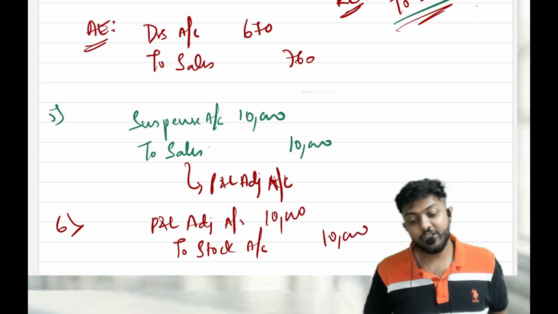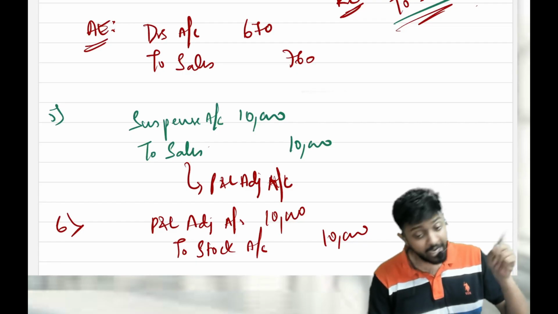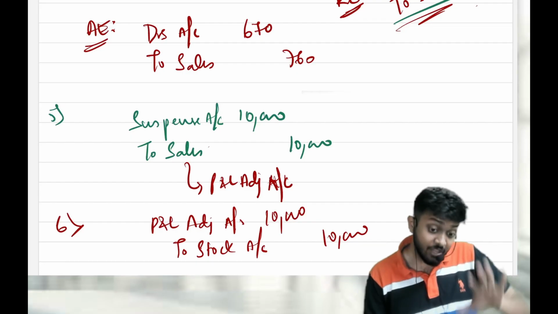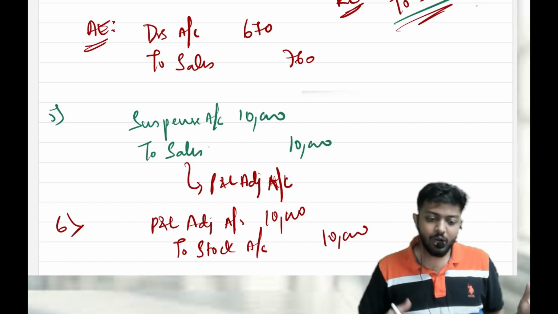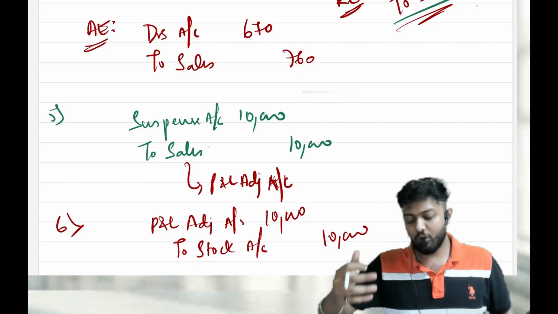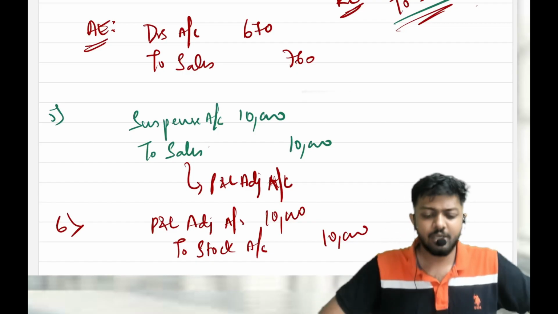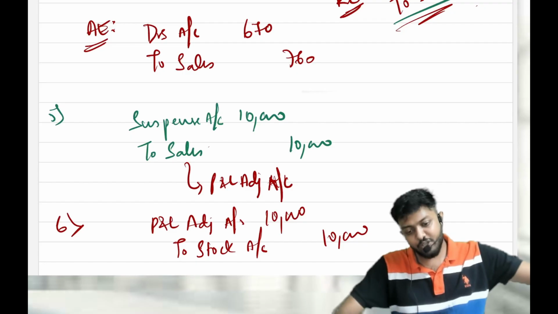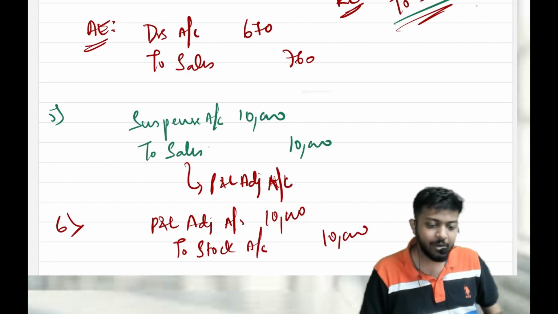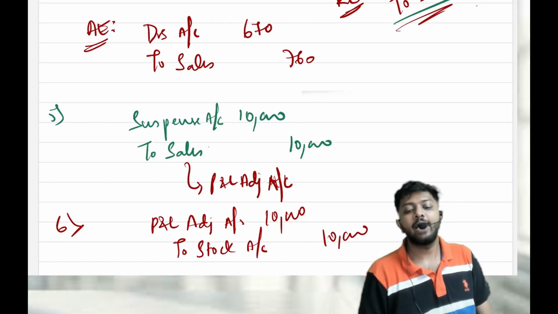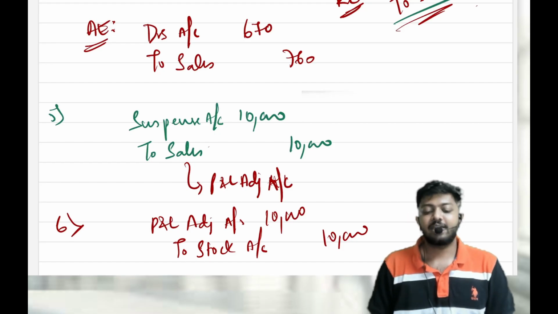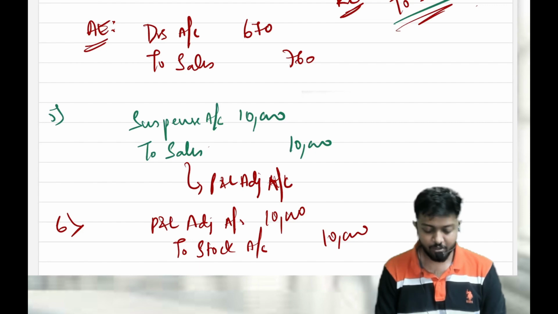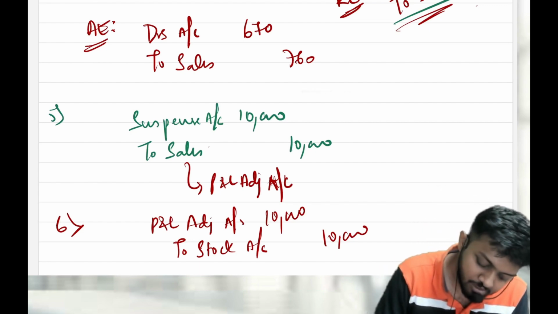Generally, the closing stock and profit are directly proportional. The more the closing stock, the more the profit. The less the closing stock, the less the profit. Now, since the stock was overcasted, your P&L also will be more. So reduce P&L and reduce stock. P&L is income, reducing debit; stock is an asset, reducing credit. Understood? Very good. Let's take another question.